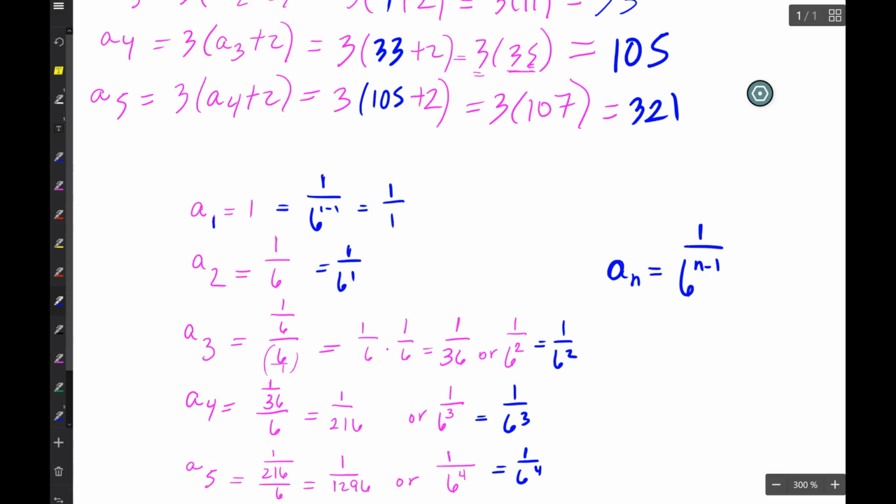So you can, in certain cases, be able to generalize what the nth term is. But for tonight's homework, the main goal is to be able to use the recursive sequence. Okay. All right, guys, your homework